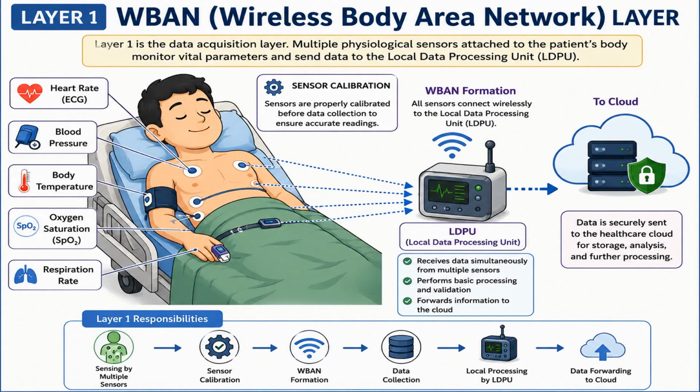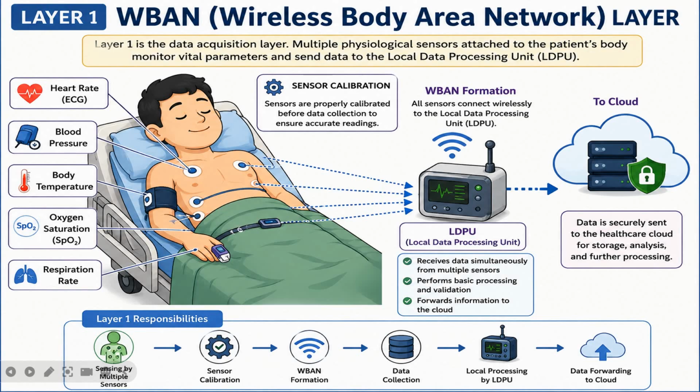So here the first layer is the WBAN, that is the wireless body area network layer. This layer is responsible for collecting the physiological data from the patient and transmitting it to the next level of the healthcare IoT system. Now here you can see that a patient is lying on the hospital bed while wearing multiple sensors, okay? And